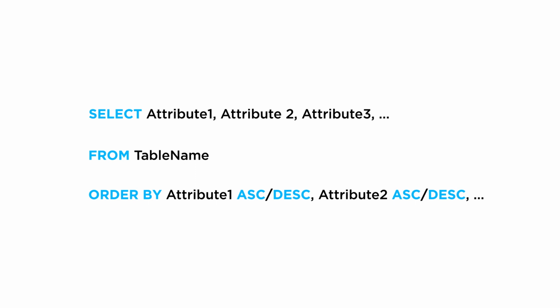To achieve the sorting, we are going to use the order by construct. The order by in SQL goes at the bottom of the SQL query after the from command. So the structure of the command is select, then the list of attributes, then from, followed by the table name that we are querying, and then we have the order by command. Then after the order by command, we have a comma-separated list of attributes that we are going to use for sorting. And for each of the attributes, we can specify whether we want to sort in ascending, ASC order, or